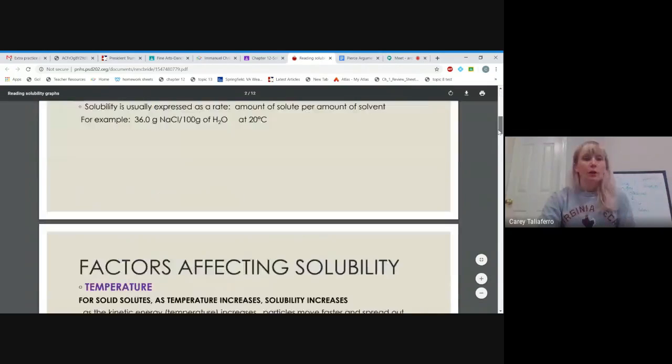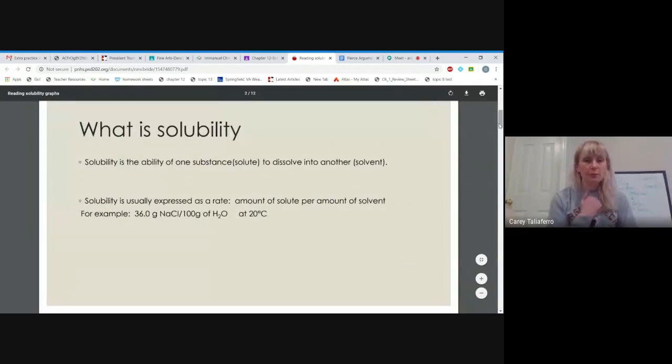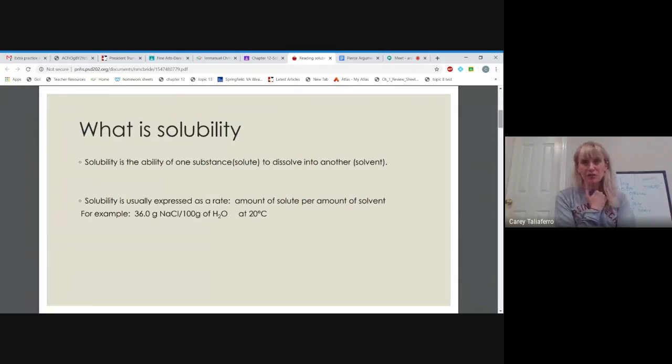So just to review, what is solubility? If something is soluble, it means it's dissolving in something else. So we use our term solute, and that's the substance that gets dissolved, and it gets dissolved into the solvent. And we kind of express it as a rate. Now, we did not discuss this a whole lot,